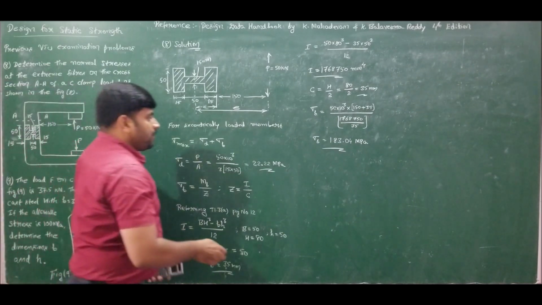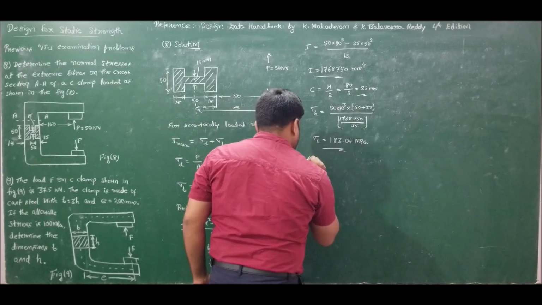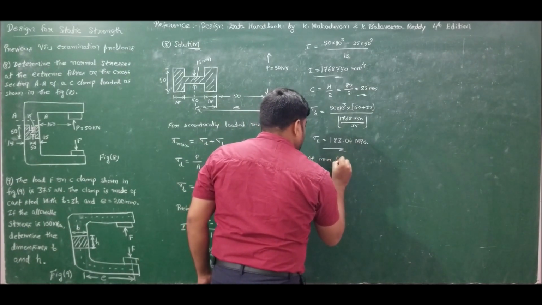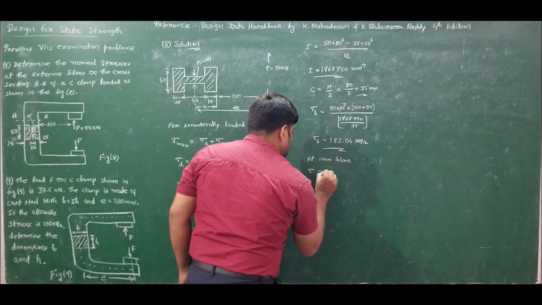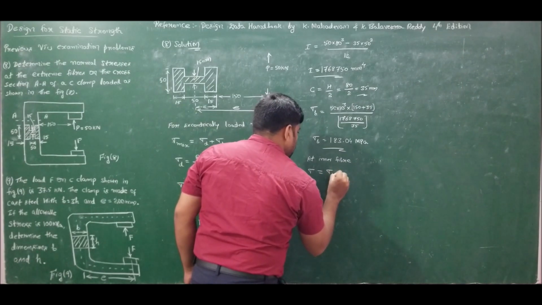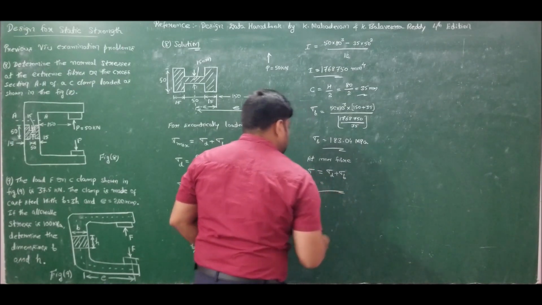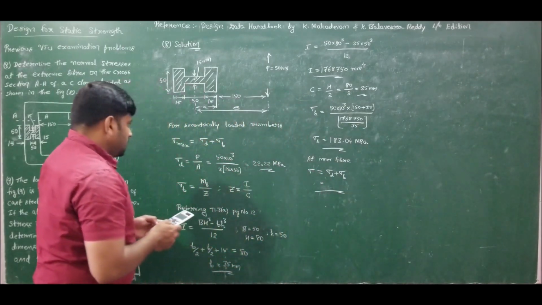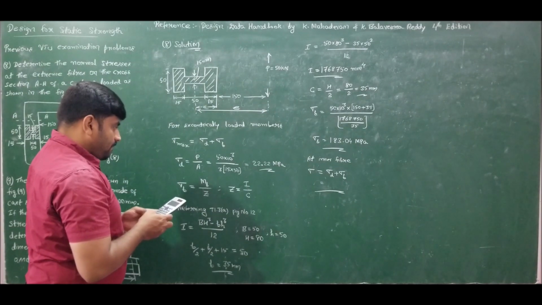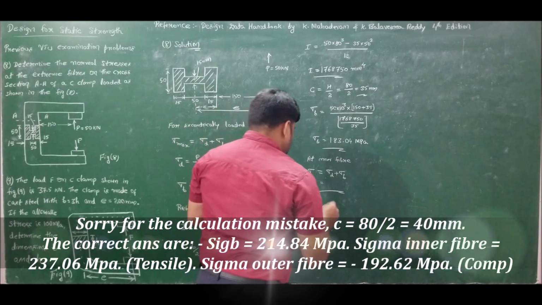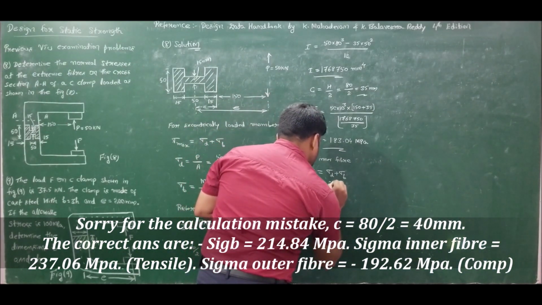So therefore at the inner fiber we have sigma is equal to sigma direct plus sigma bending, which is turning out to be 22.22 plus 183.04. It is 205.26